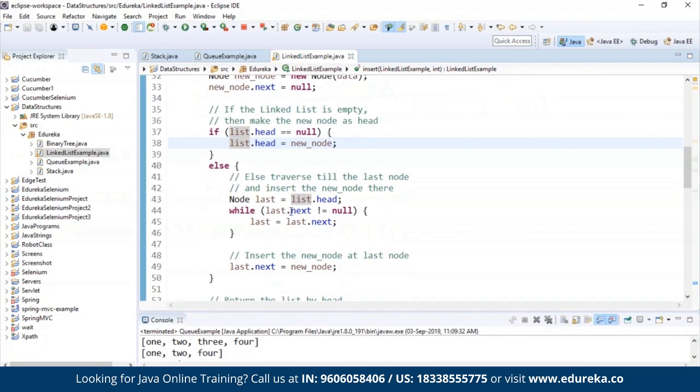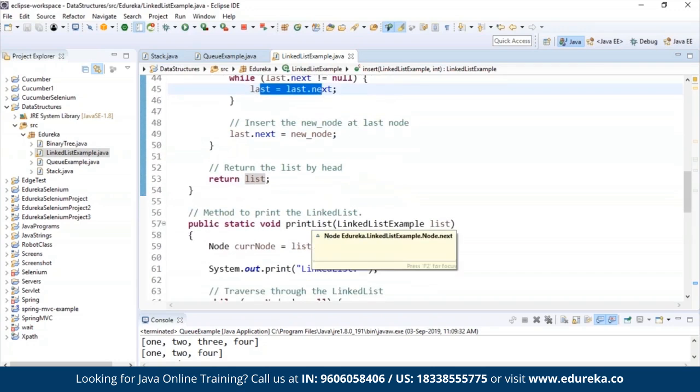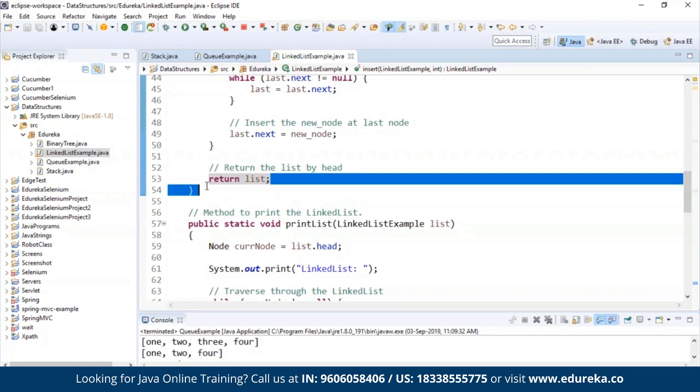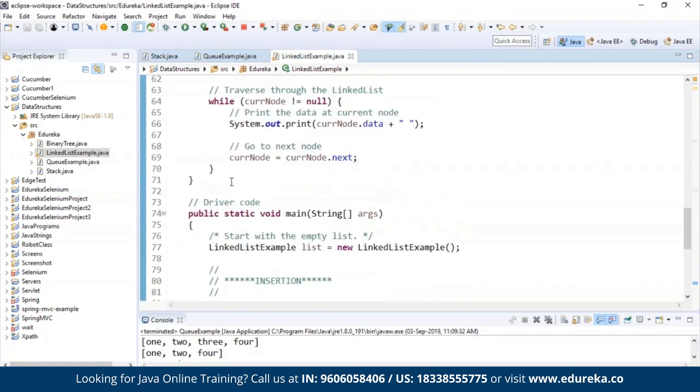Else traverse till the last node. That is, node last is equal to list.head. And then insert the new node at the last node. And finally, you have to return the list by head. Okay. Now,